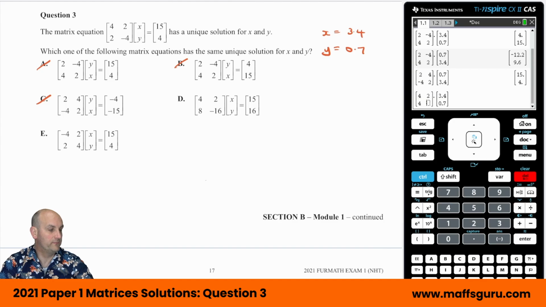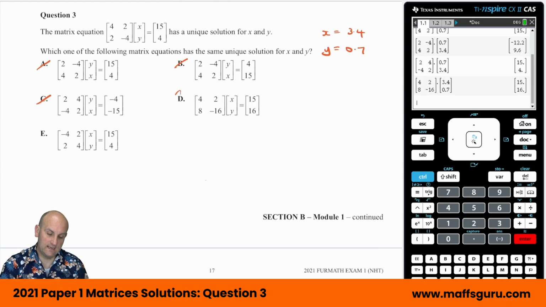Oh, hello, not times. Minus 16 and 8 gives me 15 and 16. D is my correct answer. Just because I don't want to be tricked by this, I'm just going to do,